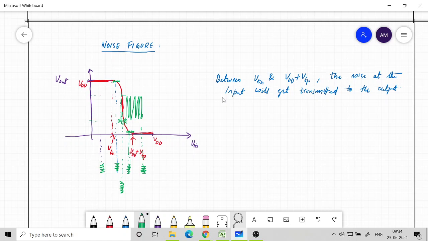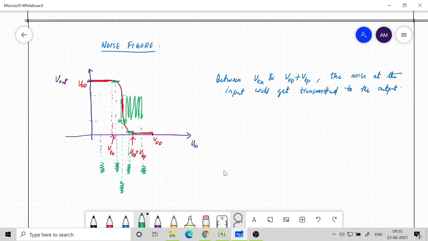It's varying this much. So that has high amplification. So it's like an amplifier. So it's like a noise amplifier. So we should not let the device work in that region. We should limit our input voltage operation such that it will be operating in regions only where the noise is getting suppressed, not amplified.